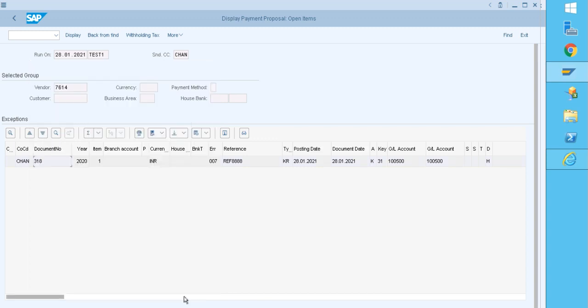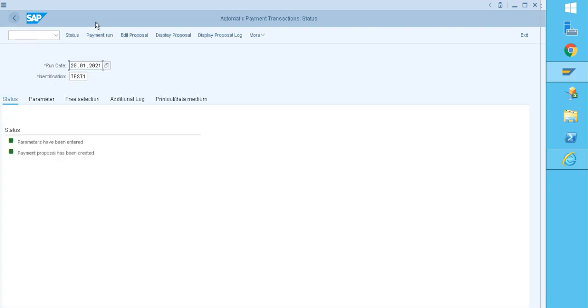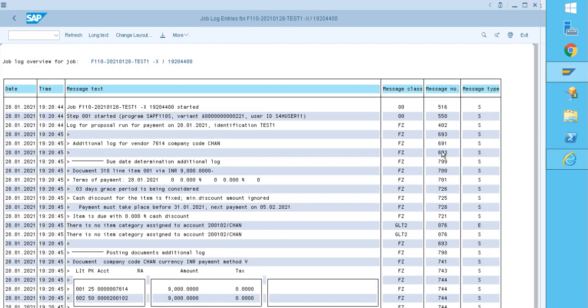For that I need to check the job log. Go back and go to display proposal log. Here you can check whether there is any error. Yes, this is GLT2: there is no item category assigned to account 200102. This means we have not assigned this GL account in the document splitting classification of GL accounts configuration; I forgot to add this GL account to that list.